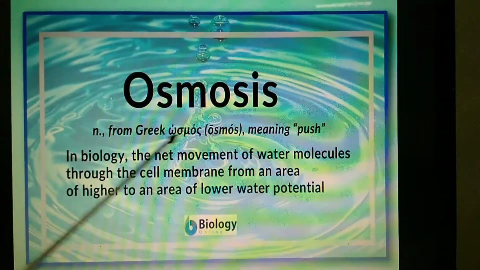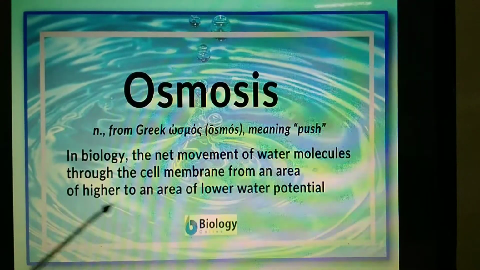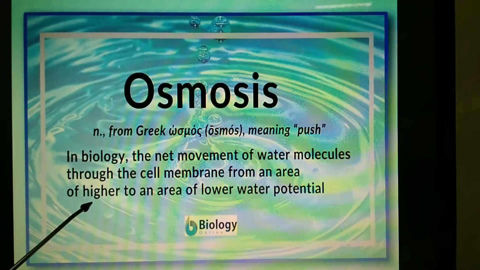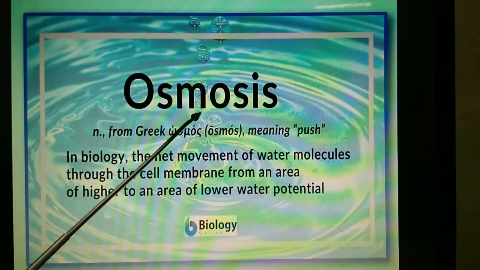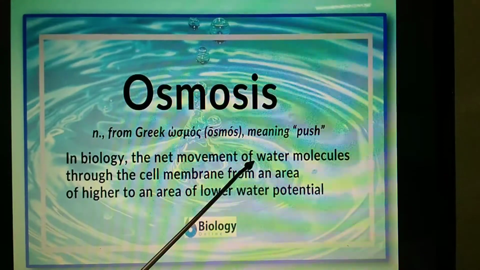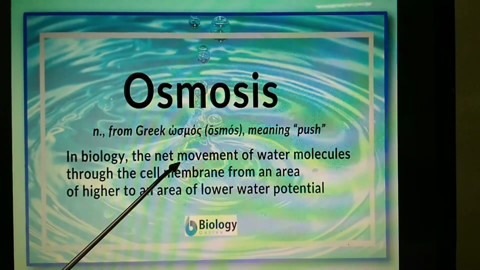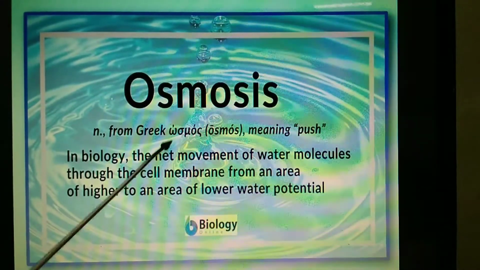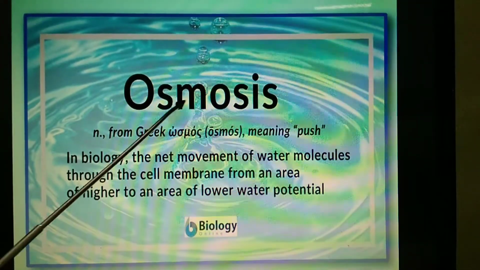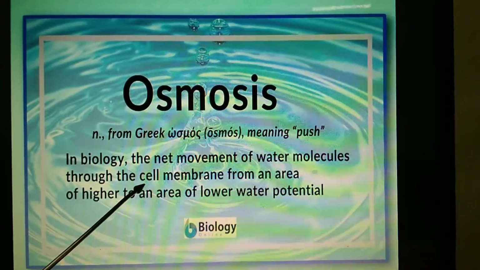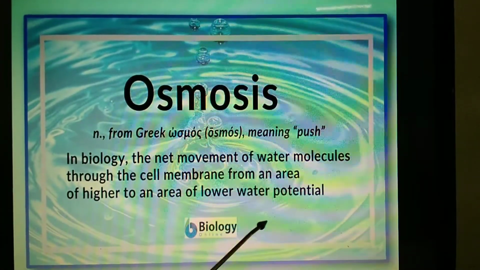That means it requires a semi-permeable membrane for the movement, from the area of high concentration to the area of low concentration. So osmosis is the movement of solvent particles or solvent molecules, and diffusion is the movement of solute molecules or gases. Both of them move from high concentration to lower concentration, but in case of osmosis, it requires a membrane for the movement of solvent particles from high concentration to low concentration.